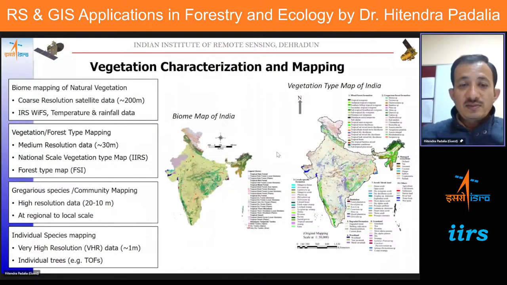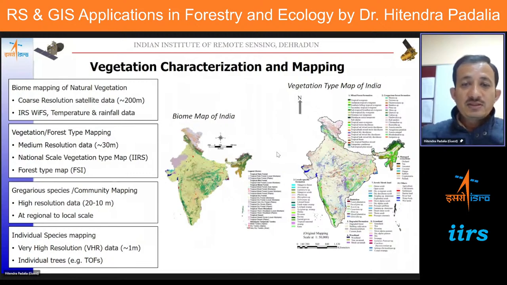Now coming to some of the applications which are done in forestry. First thing is that in any geographic area, you need to understand the different types of natural variation in terms of biome, in terms of vegetation types, how much is their density, how many communities there are, and how many species. These are the common questions which everybody wants to know, and how much is the area coverage. So these are basically the primary applications using remote sensing.